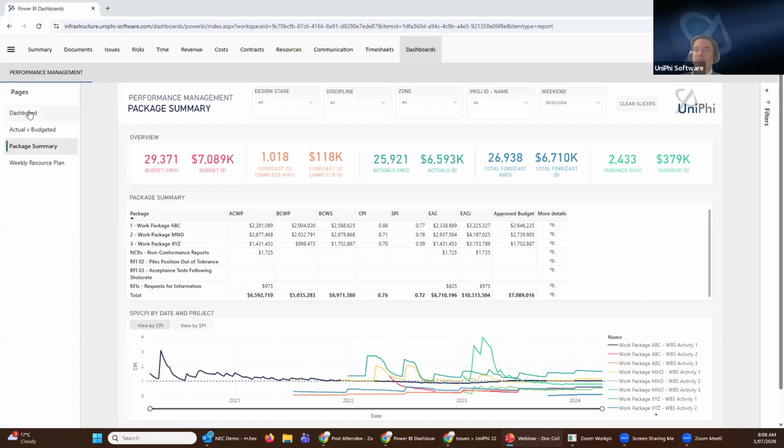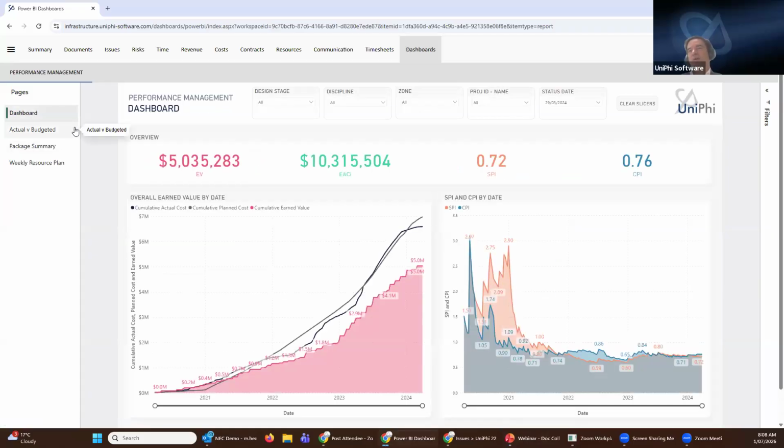Now, I'm actually going to change screens here, but browsing around before the webinar got me on the wrong one. But yes, going across the top of the modules of the application, this is where you access those elements of fact that you're going to capture against. And when I click on these, you'll see that those facts are against a workspace activity project that has a dimension of portfolios and programs that enable you to aggregate and cut and dice. So examples of those are these drop downs here for design, discipline, zone, and project.